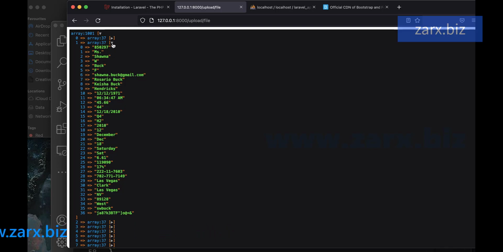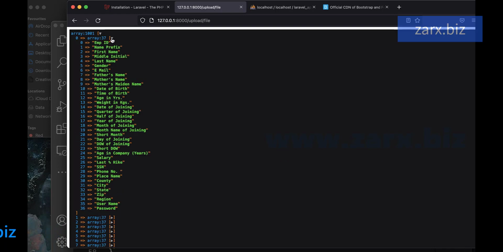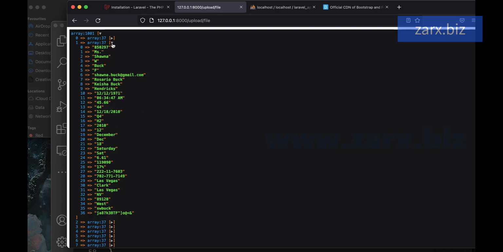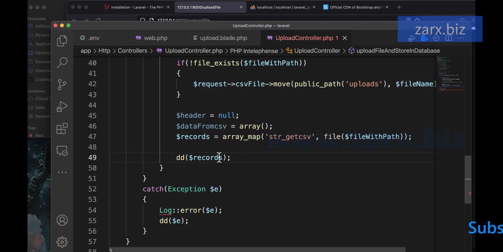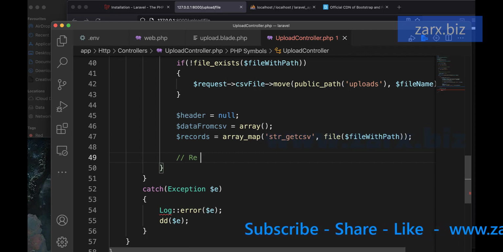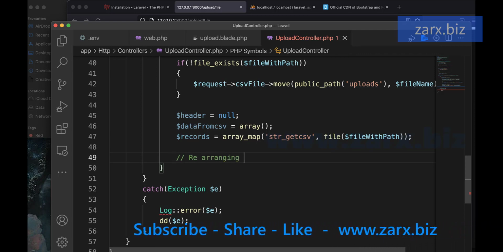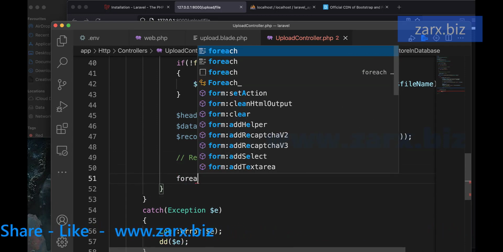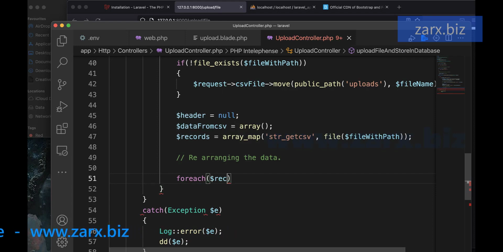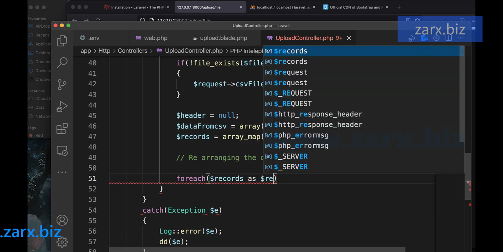So what we need to do, we need to extract that header and make it in a way so we have like first name, then name, last name, then last name, something like that. Let me show you what I mean. So we go back here and we need to first of all remove this, and I'm gonna for each, rearranging the data, and I'm gonna say for each, I'm gonna pass $records as $record,